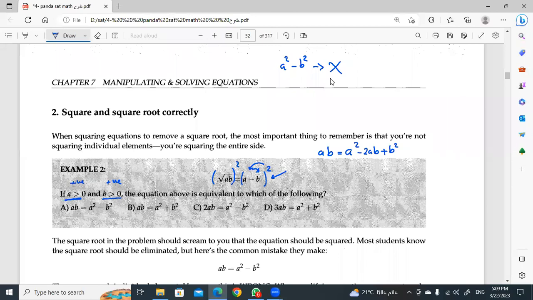So right now I have to move the 2ab to the other side. So it will come with the opposite sign, which is positive 2ab. Positive 2ab plus ab from the same family, which is equal to a square plus b square. And right now I will get that 2ab plus ab is equal to,